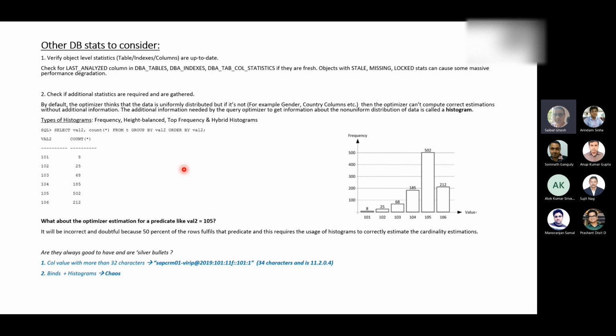The good thing is that if the employee ID is 100 and 101, the same execution plan will be good enough. The data will be near about the same. Right, val2 if you set 101 where we have 8 counts, the same plan will be good.